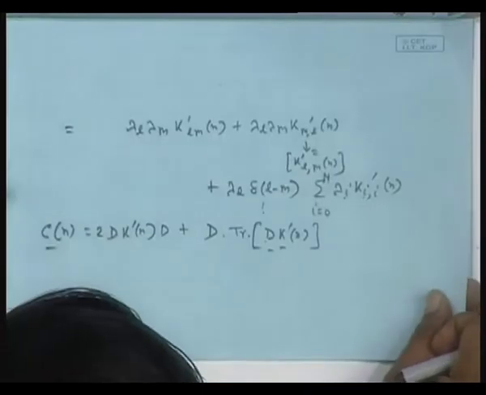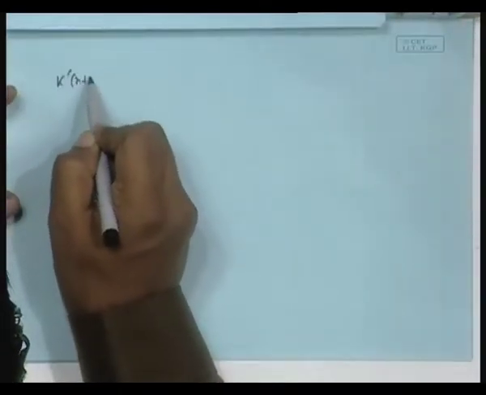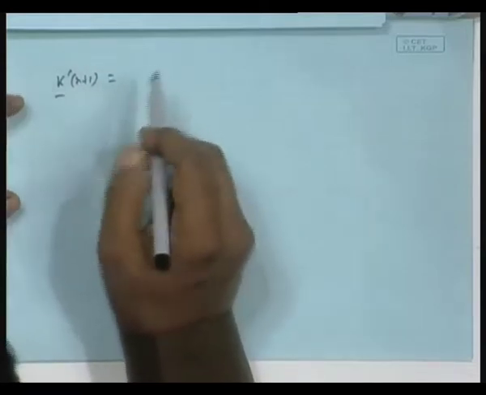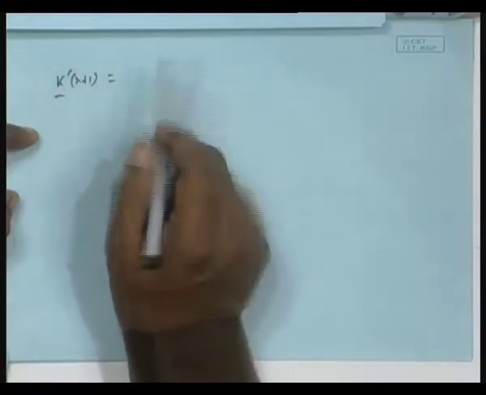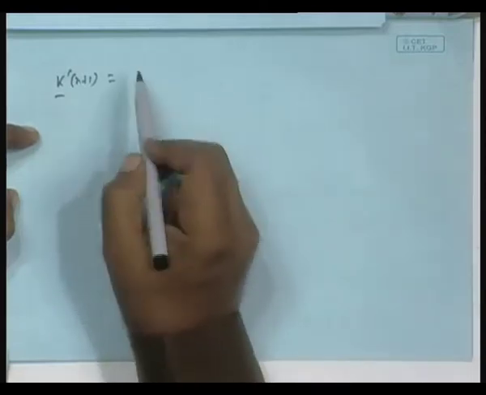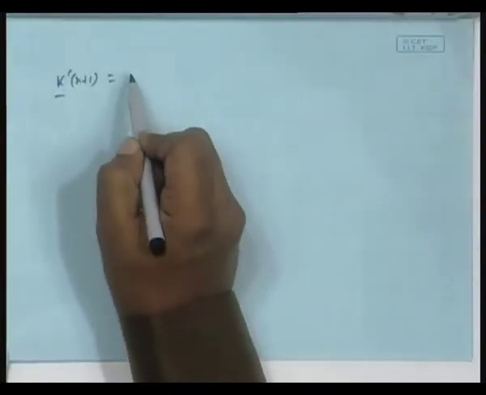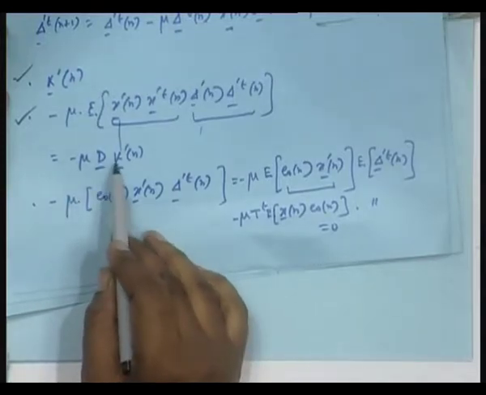Because there are many 0 terms. So, k prime n plus 1, we are finding out how the matrix evolves recursively. There are so many terms, many are 0, and I put tick against those terms, tick marked. So, there was k prime n. So, k prime n, then minus mu d k prime n, and